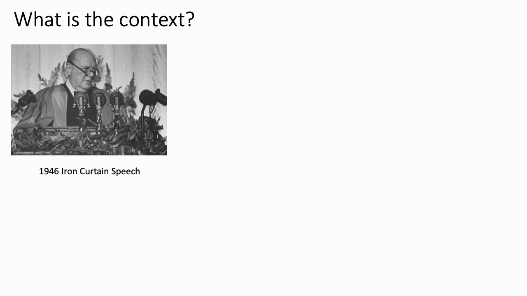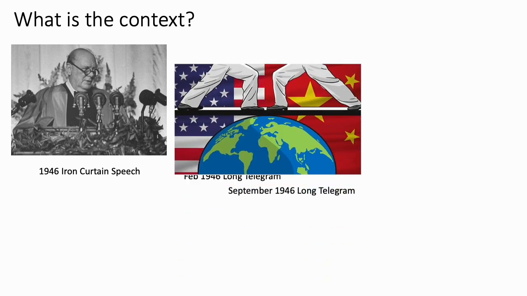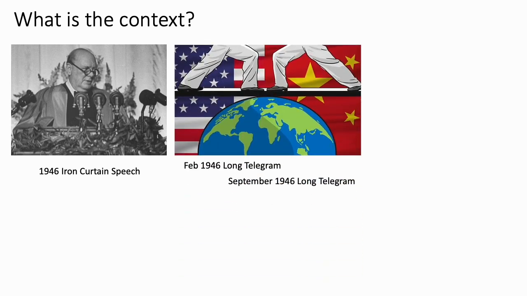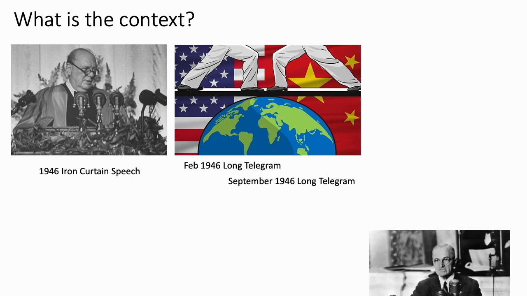But Stalin took this as a little bit of a slight from Churchill. As well as that, we've also had our 2 telegrams that we've previously done in last lesson as well, where basically America's writing back home saying that the Soviets are planning this big spread of communism. And then from Washington, Novikov sends a telegram back to Moscow saying that the Americans are building this huge army. And why would you need this massive army in peacetime? So paranoia is rising up quite significantly. Lots of things are going on.